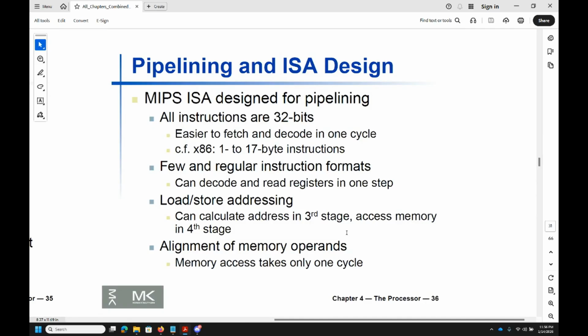So the MIPS ISA, the instruction set architecture, was specifically designed for pipelining. All the instructions are 32 bits. They're easier to fetch and decode in one cycle, and they're written in a very regular format. Like,